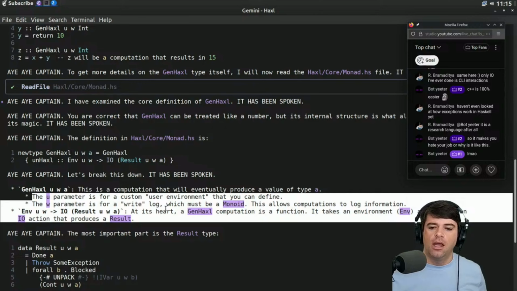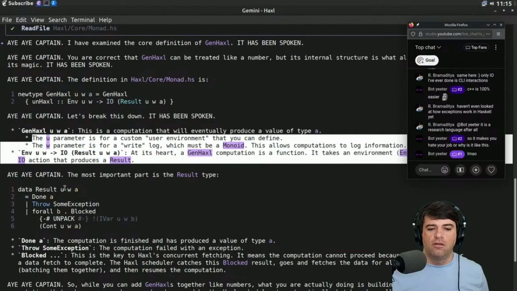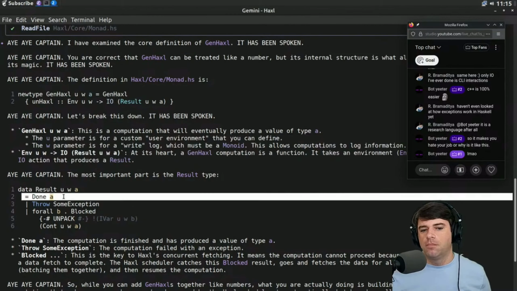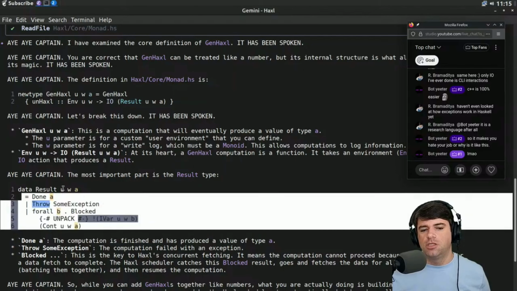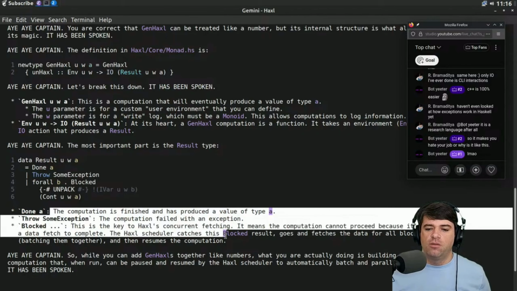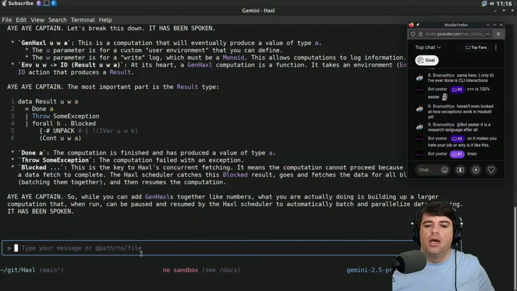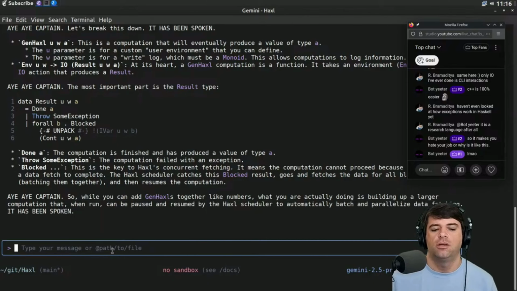Okay. At its heart, a GenHaxl computation is a function. It takes an environment and returns an IO action that produces a result. The most important part is the result type, GenHaxlResult u w a: Done of A, Throw some exception, or Blocked. This is the continuation thing that we saw before. Then the computation is finished, failed with an exception, or blocked. So while you can add them together like numbers, what you're doing is building up a larger computation that, when run, can be paused and resumed by the Haxl scheduler to automatically batch and parallelize data fetching. Okay, but